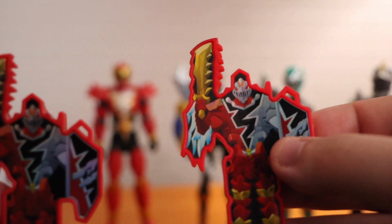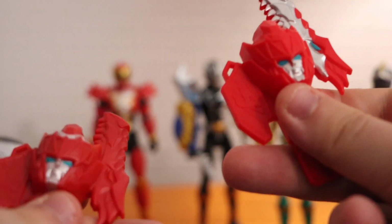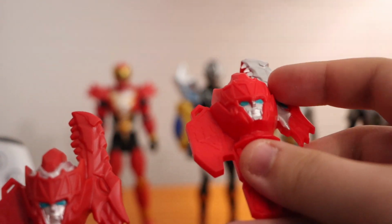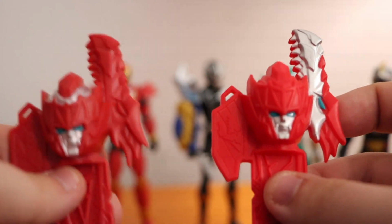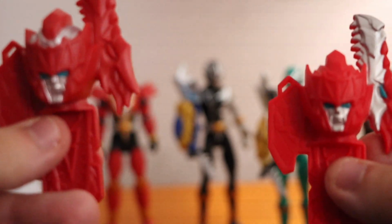It's missing the paint on the sword part back here, but the front of it is still the same hollow sticker. Just for comparison, this is the original one, and on the back of them, you can tell that this one has more paint. So this one came with the Dino Knight Red Ranger, and it's missing paint, which isn't really that big of